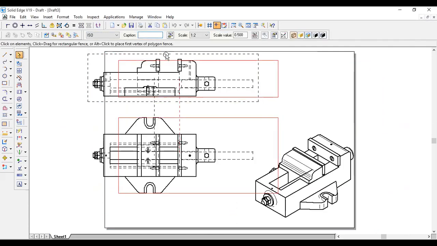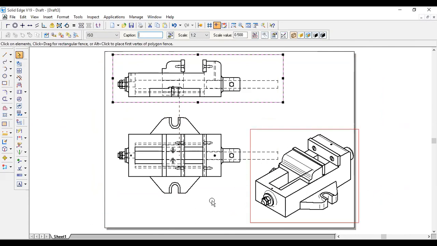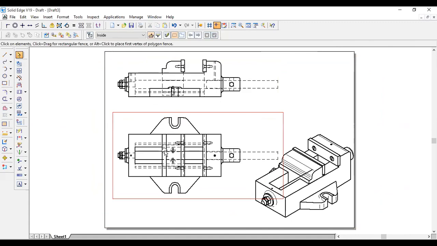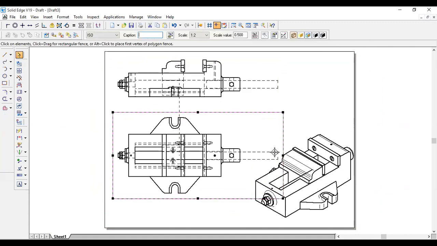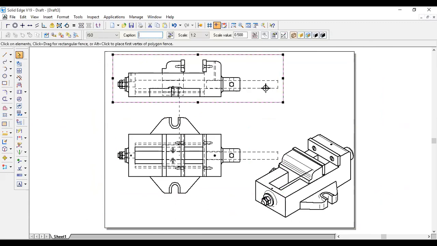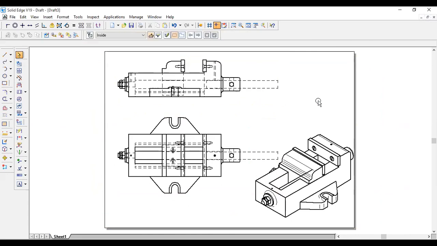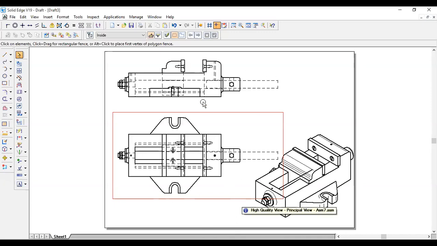If you want to move it inside the page, you can move it like this. This is the final printout you have to give.